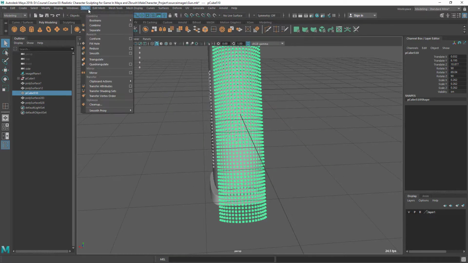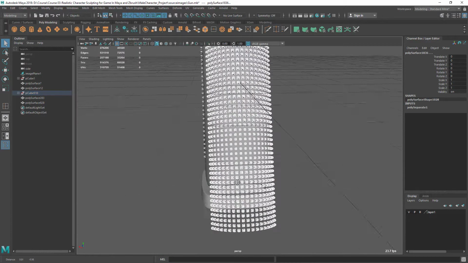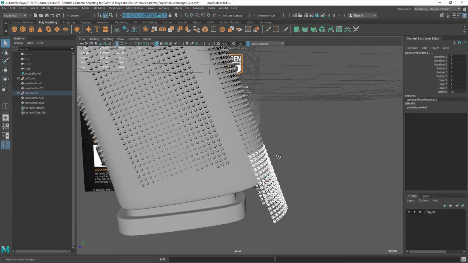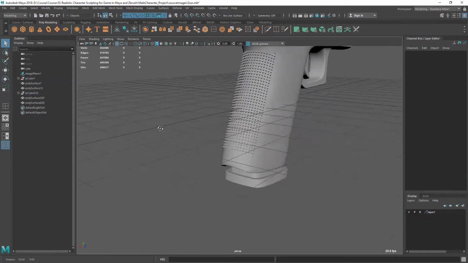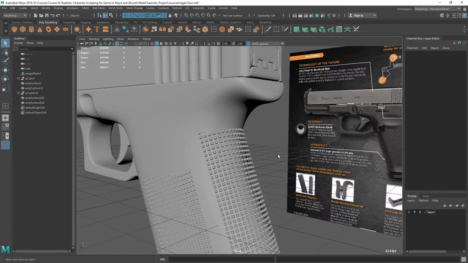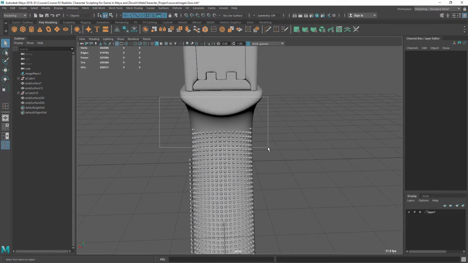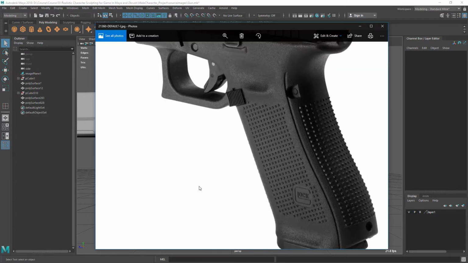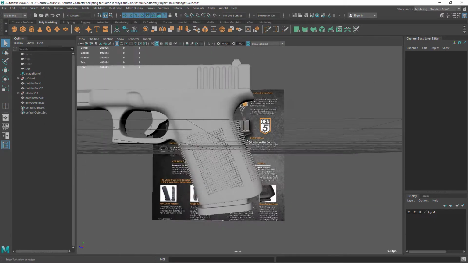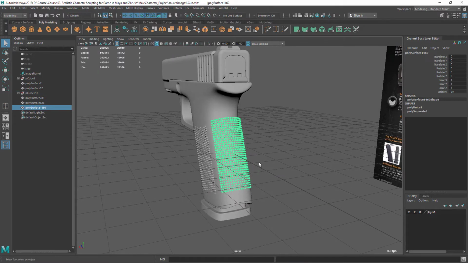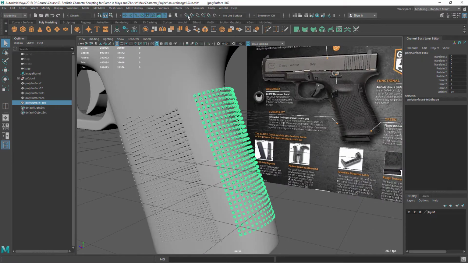Okay, so let's separate it. Now I'm going to delete all these things, I think, from this line. Okay, and somewhere here maybe, so I'm going to delete all these things maybe till here. Okay, now I'm going to combine again, so let's go to mesh and combine, delete the history, and again I'm going to take that